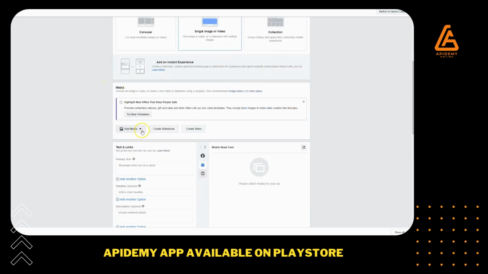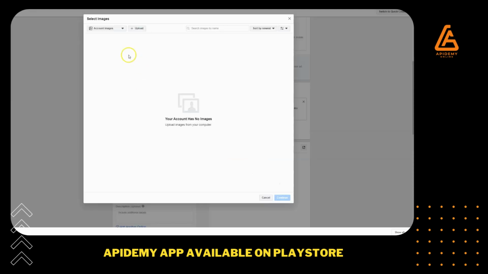And we can come over here to add media to choose that image. And the whole idea behind an image really is to stop the scroll. You're not really trying to put a whole bunch of information or text into the image. It's not like a newspaper ad or a banner ad in the strict sense or in the traditional sense. In fact, Facebook will actually penalize you for putting too much text into your ads. You really just want to use the ad image to get people to stop and notice the ad. Stop swiping while they're going through their news feed and so on and so forth. And then the copy, okay, the actual text of your post does the job of selling, okay, so not the